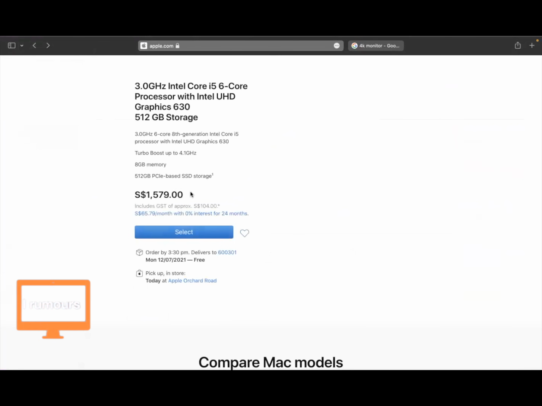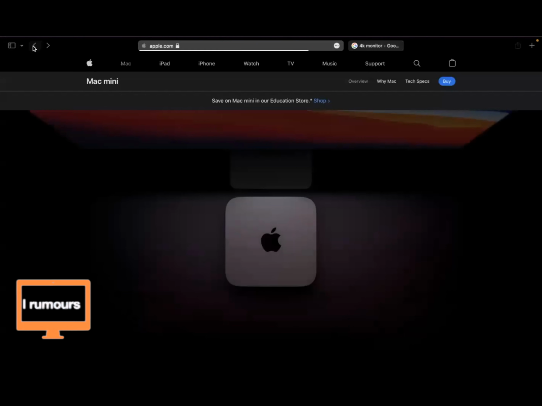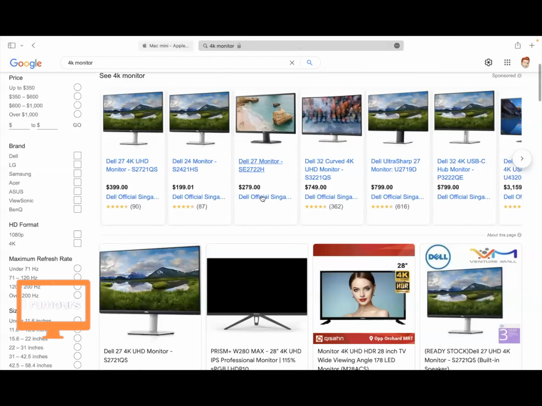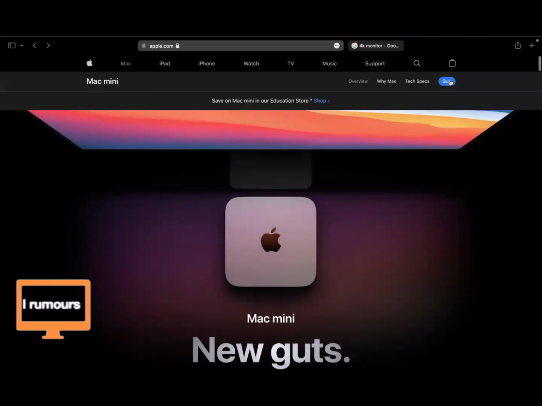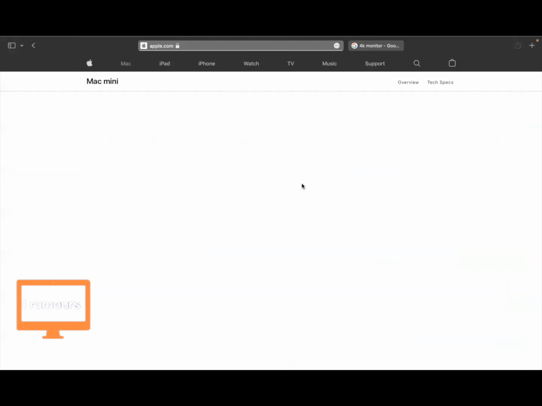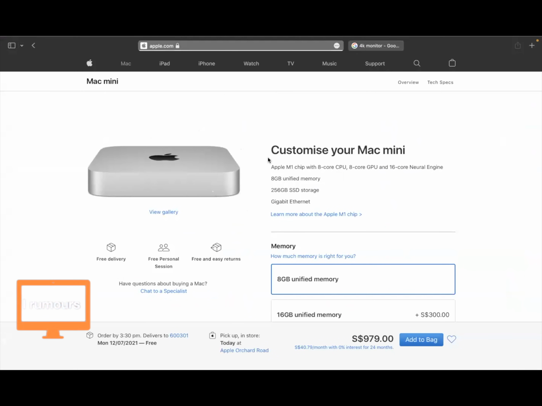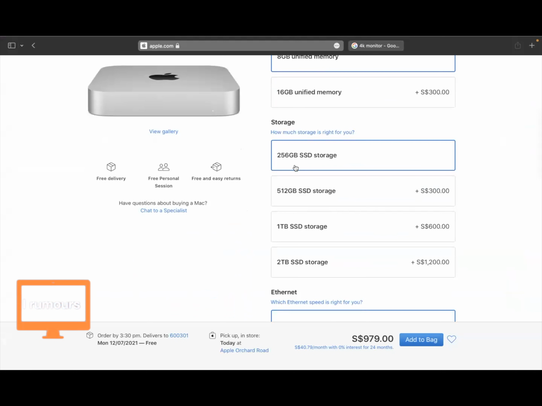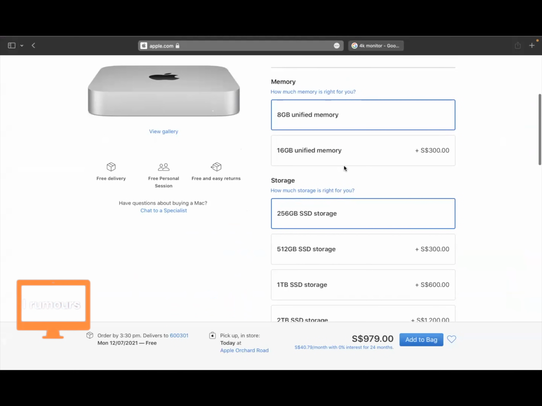This is of course keeping in mind that we are using the same 4K monitor that we saw here. So we are gonna go to Mac Mini, we're gonna click buy. And so here you can customize these options. You can go for a 256 GB SSD and you can go for a higher RAM. So let's say you are someone with just the basic one. Let's say you're going for a 16 GB RAM. So it's still